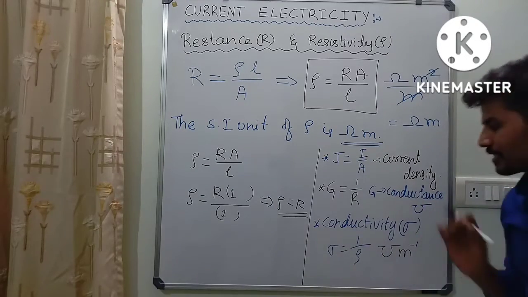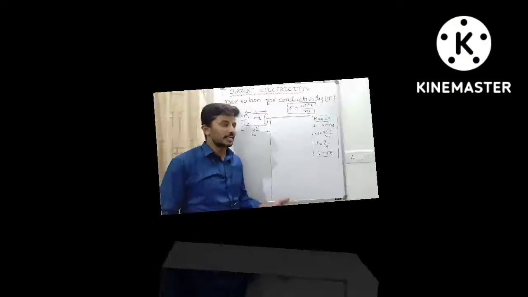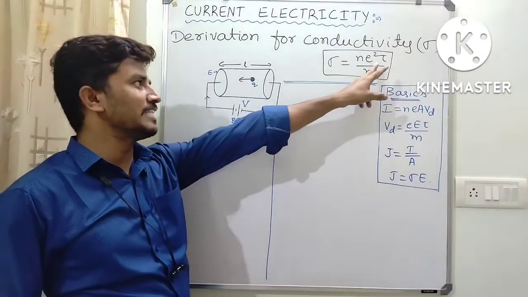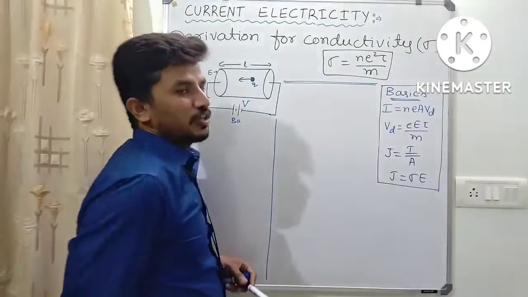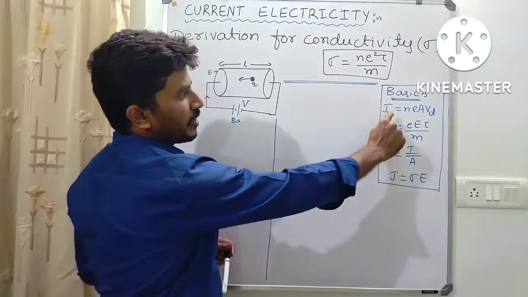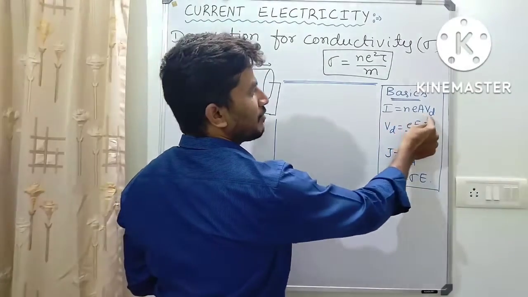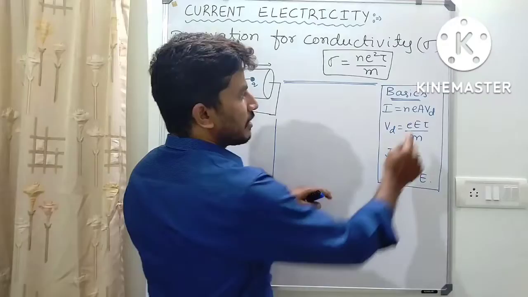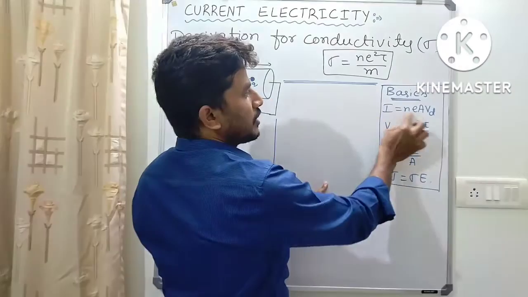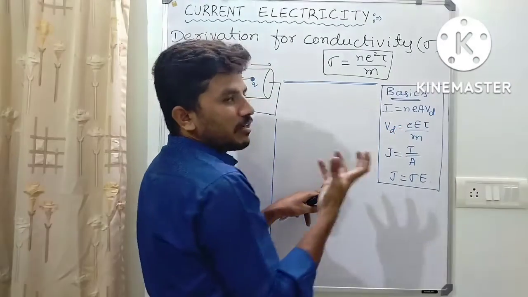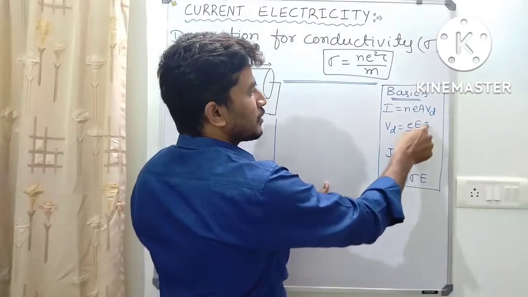So these are the few basic things that you should know to derive the next derivation. Okay, dear students, at last I am going to derive the expression for sigma, that is N e squared tau divided by m. To derive this, we need to know a few basic formulae. One is the expression for current in terms of drift velocity, that is I is equal to NEA Vd, or in general we write it as VENA, to remember that expression. Vd is called drift velocity, and I have derived the expression for drift velocity in the previous video. That is E tau divided by m.